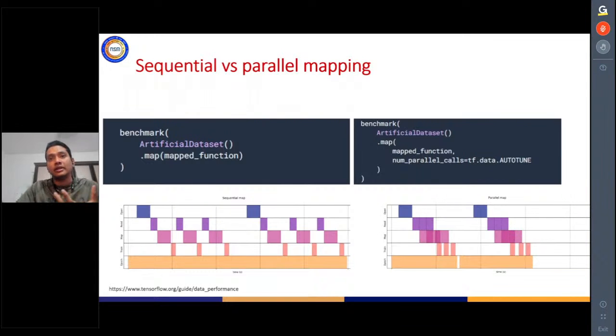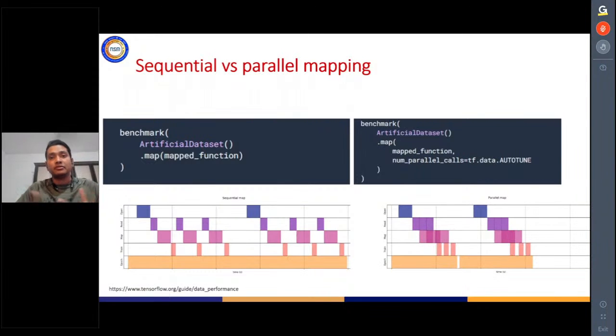Now remember one very tiny detail that we will add in the next section, when we cache this. Basically, all the things we are doing here until now are just happening, so how do the CPU and GPU work here? The CPU is doing the mapping and reading. If you are asking why the GPU is not doing the mapping, for this case, the parallel case or the sequential case,